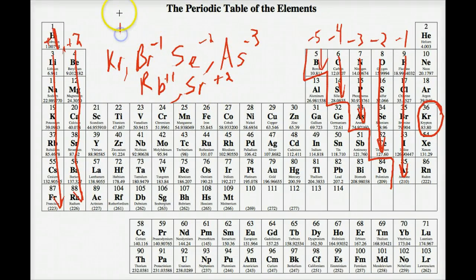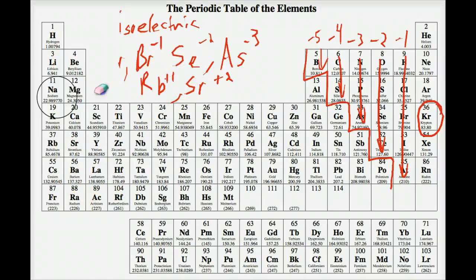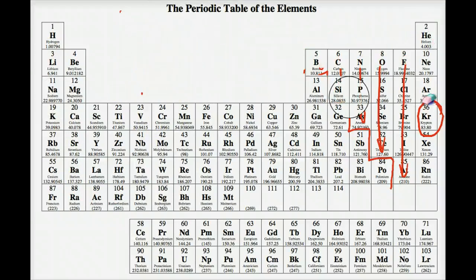same configuration. They are all iso, okay, iso meaning same, isoelectric. Electric meaning electrons. Okay, so they're all isoelectric. They all have the same configuration. And you should be able to pull that off for any noble gas. If I asked you to come up with a couple of isoelectrics for 2 additional isoelectrics to neon, okay, you'd